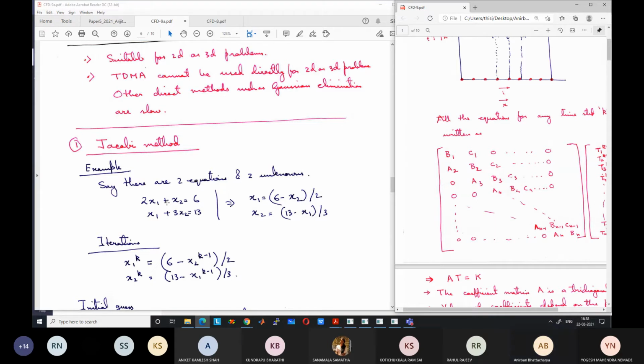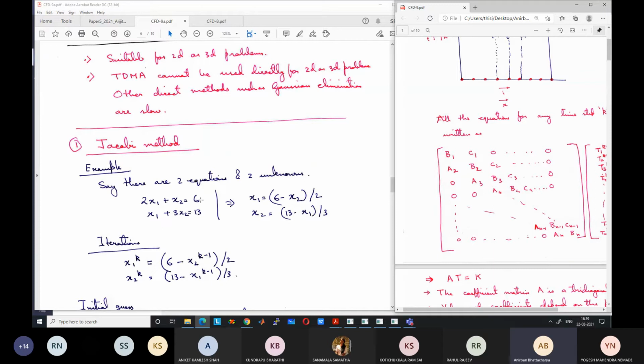Just by looking at the equation, I can tell that if x1 is 1, 2 into 1 plus 4 is 6, and 1 plus 3 into 4 is 13. I don't have to solve. If I try to solve the entire thing, it will take too much time for a competitive exam. Just by looking, I should be able to grasp that. So the correct answers are 1 and 4, right?